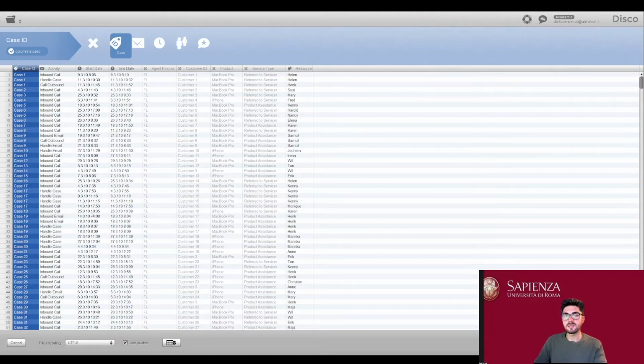Here in this case, since the Excel file was already labeled, Disco is able to do that on its own,